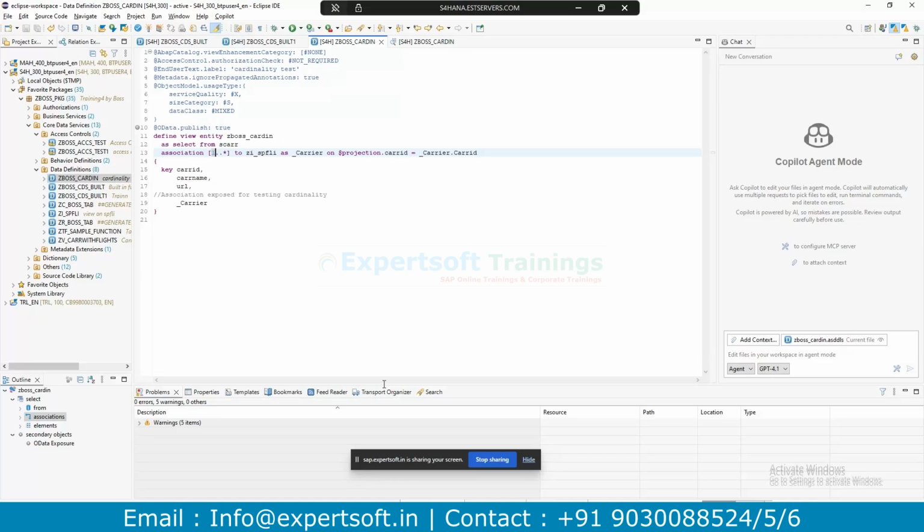Yes, cardinality is clear. So there is another concept of parent and child, that is composition. Along with the association, there is a composition where the parent-child relation is exactly taken care of. So when we have created a wrap object, at that time we'll go with that concept. But just to make it understood, an association is not like a parent and child. It is like navigating from one entity to another entity. You can consider one example: if you want to raise a request on SAP, for example,